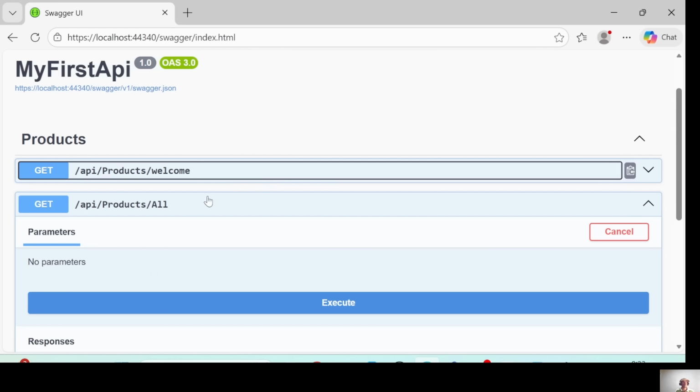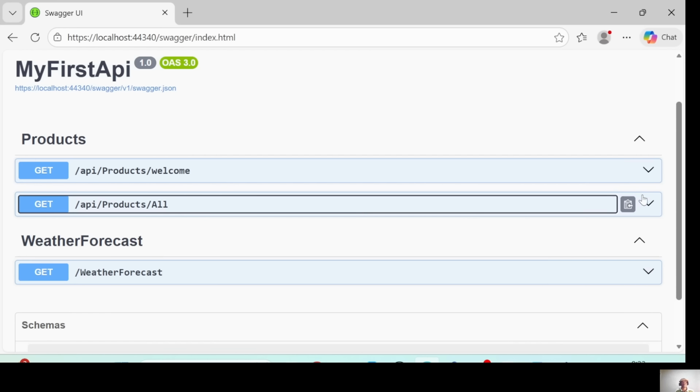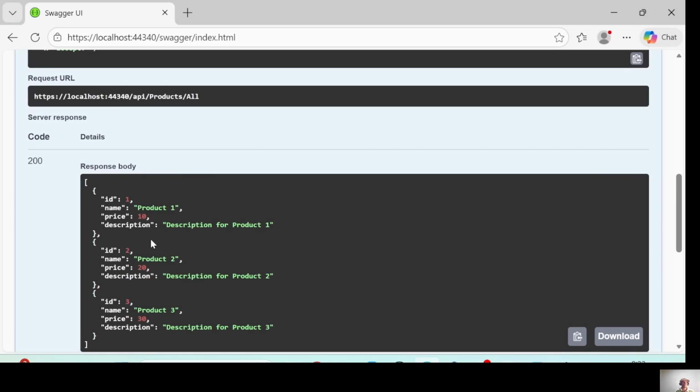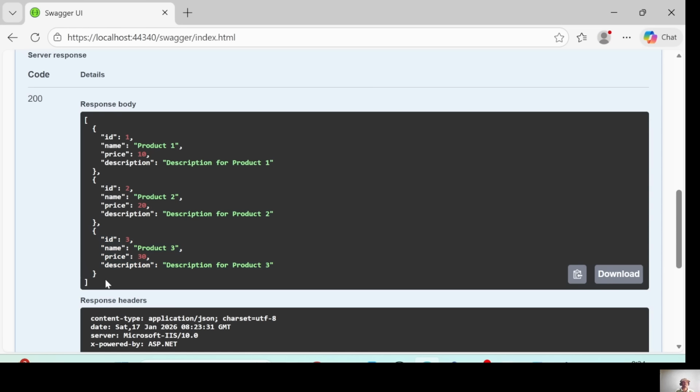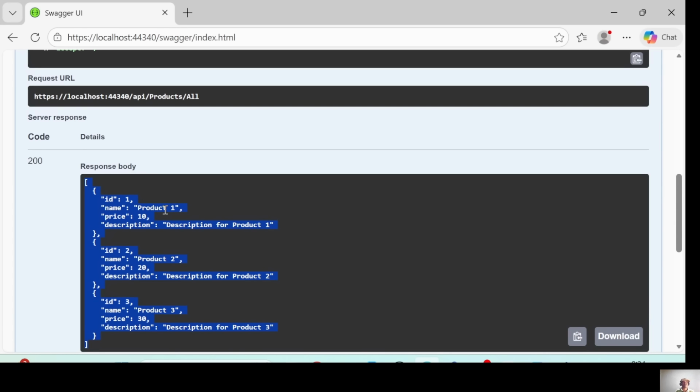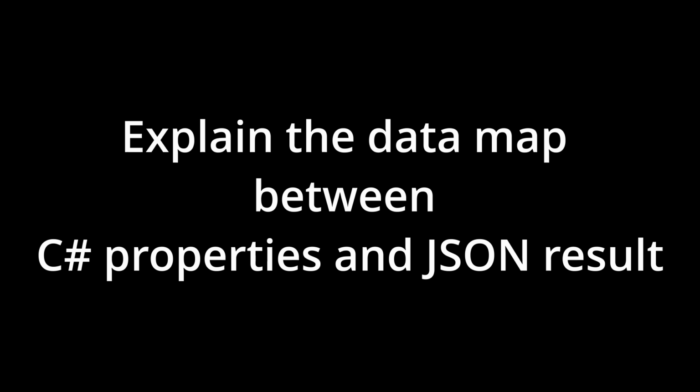We have one more endpoint which is created in this video. This endpoint is going to return all the products. Press the execute button. Oh, nice. We got a success response. Look at here. As we discussed in the earlier video, this is called a JSON object. This is called another JSON object. This is another JSON object. A collection of JSON objects sent as a JSON array. We are seeing the result as a JSON array.